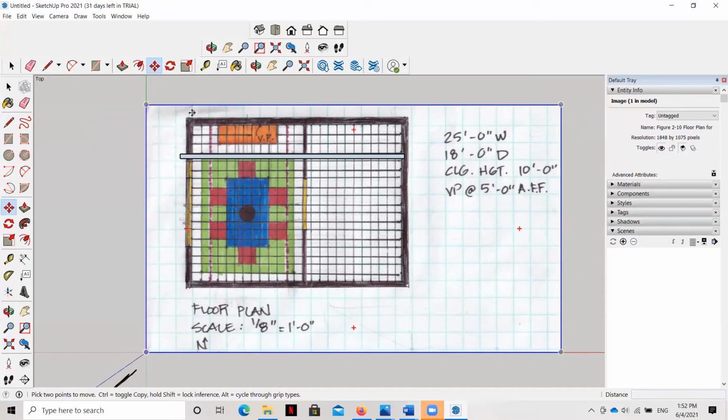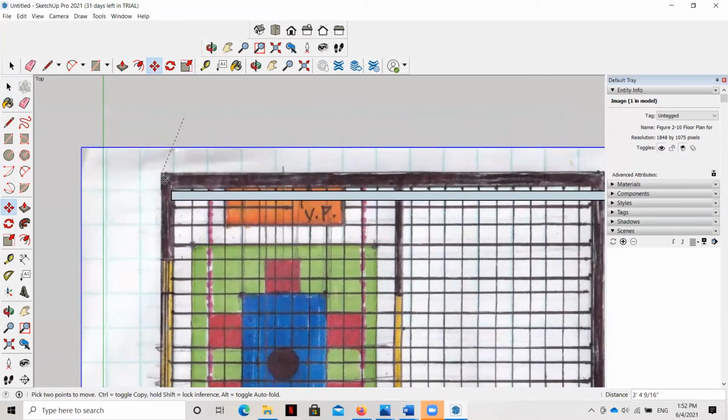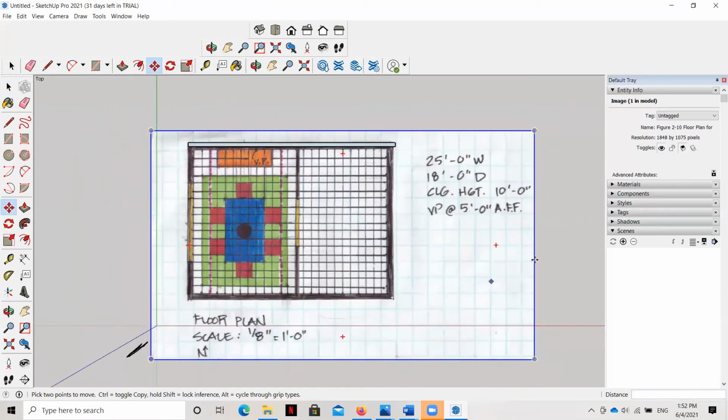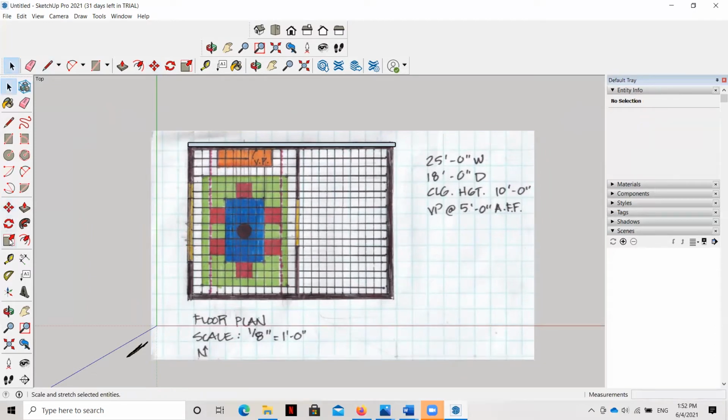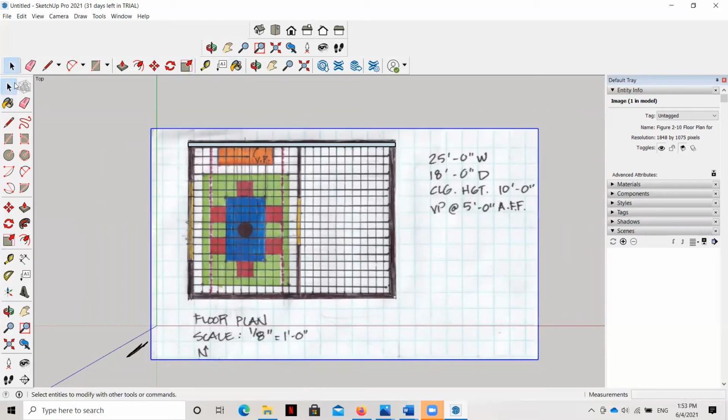Then I'm going to move my floor plan so that it aligns with that wall. It still looks a little bit too small, so I'm going to grab it again and scale it up just a little bit more. There we go. Now we are ready.